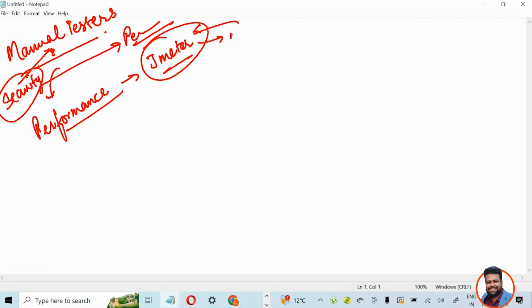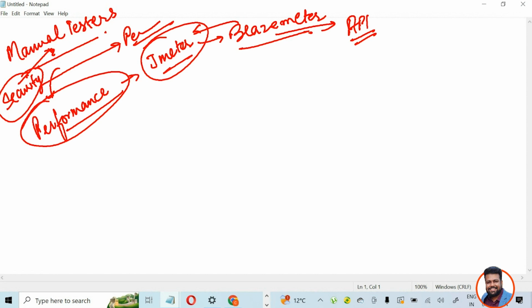And along with this, you will use BlazeMeter for the basic recording of the end-to-end flow. What BlazeMeter does is just record the APIs that are hitting the backend while the user is exercising the user experience. Okay. Now, performance is something which will be an added advantage in your CV